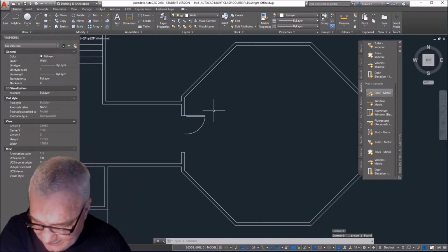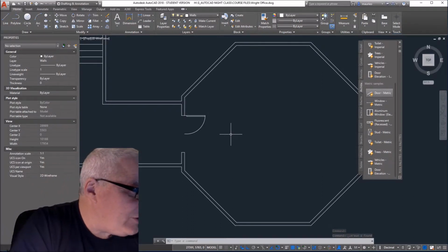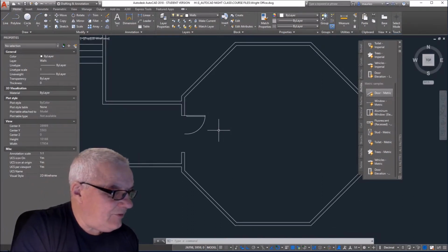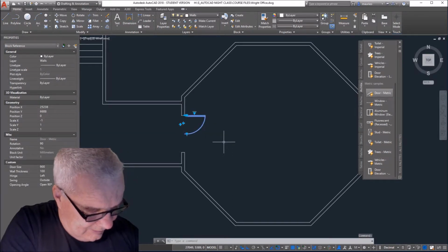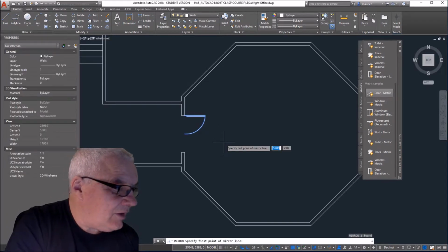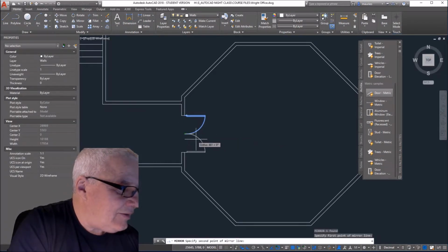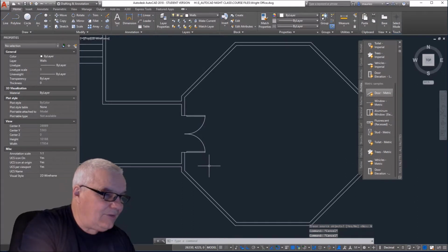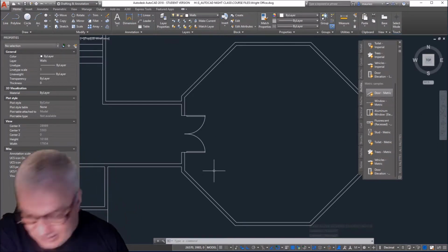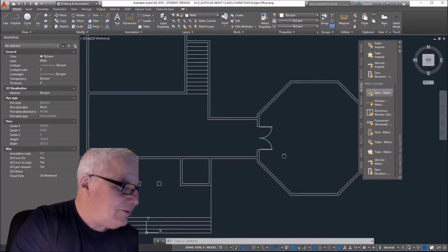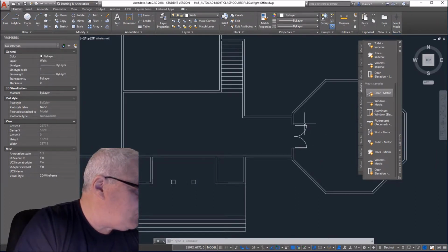Okay, so that's our double door in there. And then we can do another mirror here, from this one here to there, and this time we'll keep it erased. No, there you go. So there's our double door, all done. And then of course the second double door, well, we could pretty much just put that second double door in pretty quickly